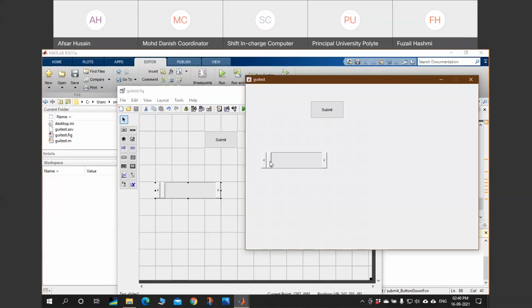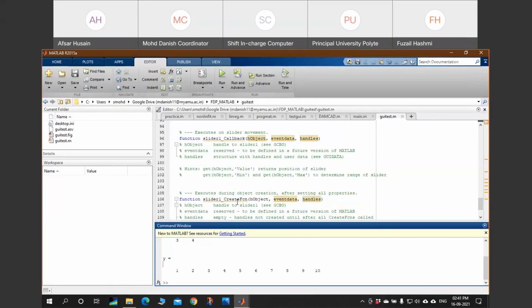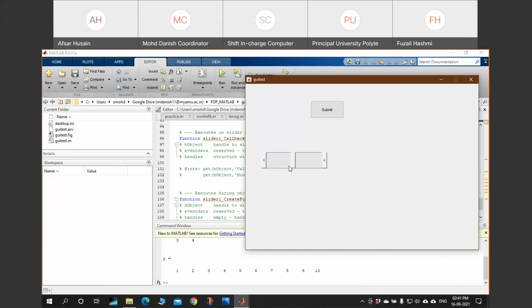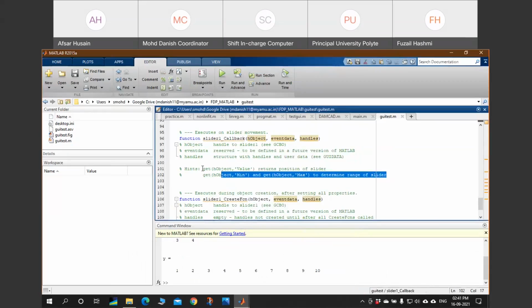Now your slider button is visible over here. Suppose I slide this button over here. So this is the position of your button. This get object value will get the value of this position of the slider, and it will be stored over here in get object value.